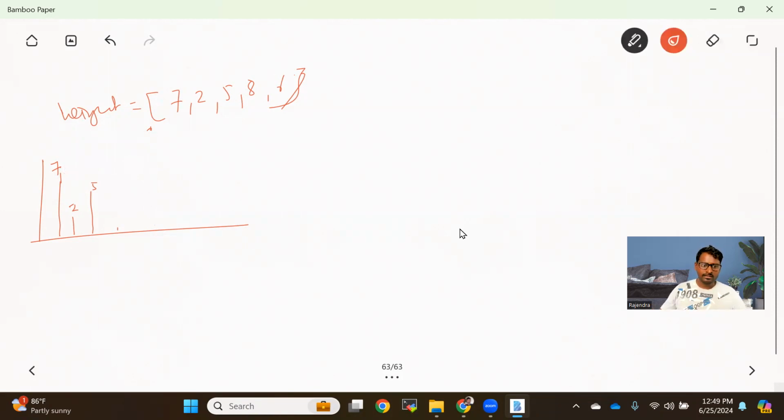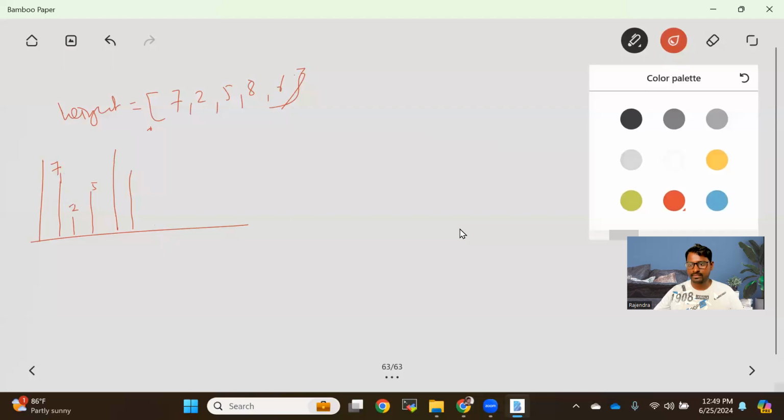So after 5, I'm taking 8 as this one, and then 6 as this one. Okay. So now what will happen if we just draw between 7 and 6? The height is 6, and here 1, 2, 3, 4, so 6 into 4, we'll get 24. Otherwise, another way is 7 and here 3. It's going to get 23 only. So maximum we are going to get is this one,